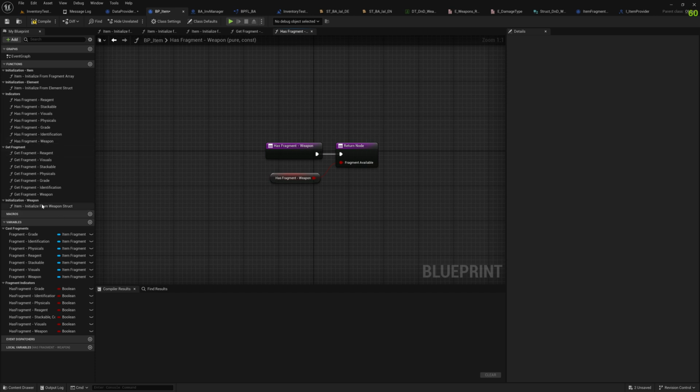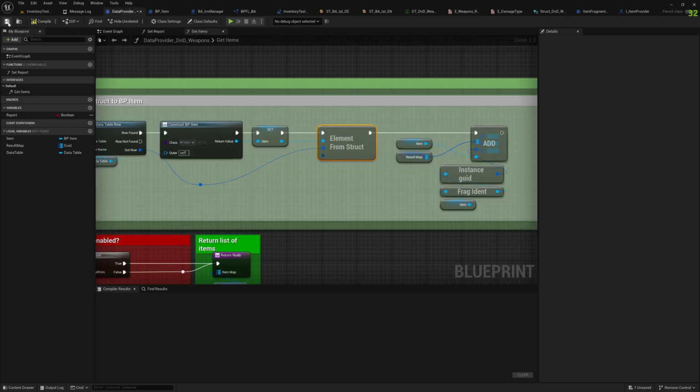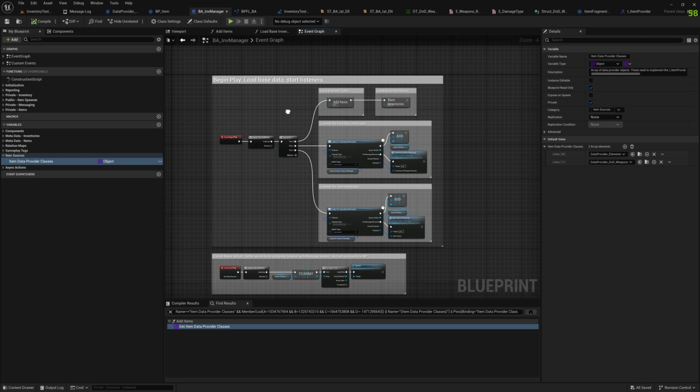So now we really have the indicator has fragment weapon. We can return the fragment weapon and we can access all the new properties that are coming with the fragment weapon. So these are the booleans, these are the fragment list, and for each new fragment you would just add a fragment, a boolean, and these two routines, and then we can use it. Now, we have our data table, we have an ingest way, how to actually trigger that. Here in the BA